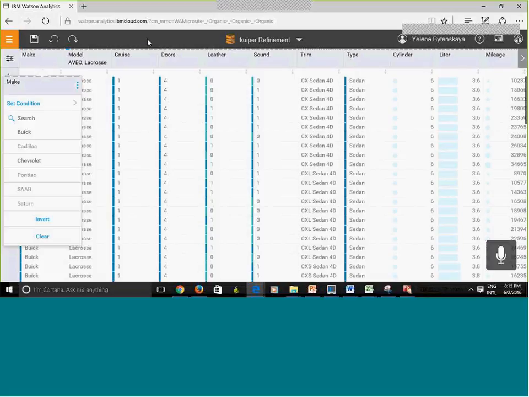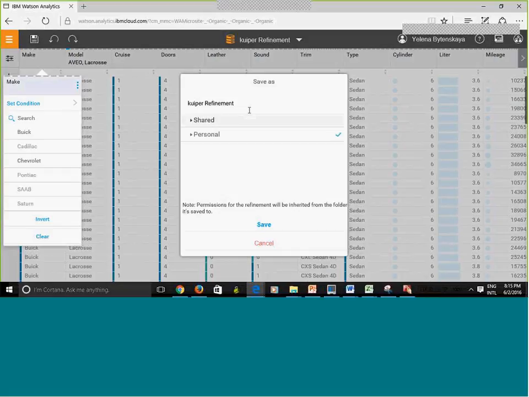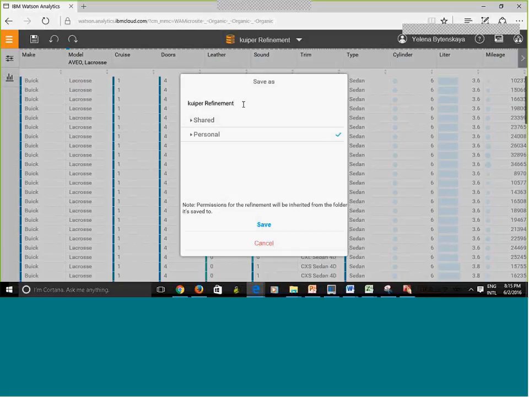Right now what I was just doing, it did not save it. What you have to do is you have to explicitly hit save, and then you have an option to give it a name, and I'm going to save it in my personal folder, and I can just name it. But when I name it, I want to make sure that I don't have another file with the same name, and I'm going to click save.